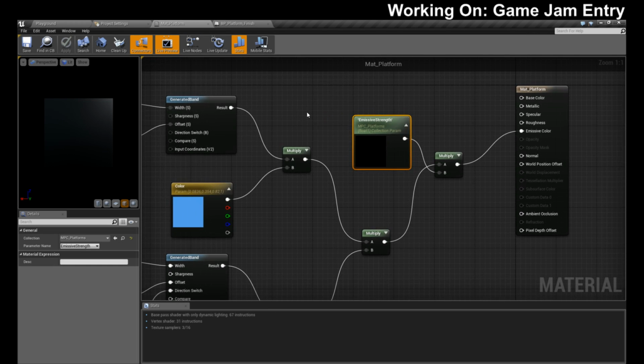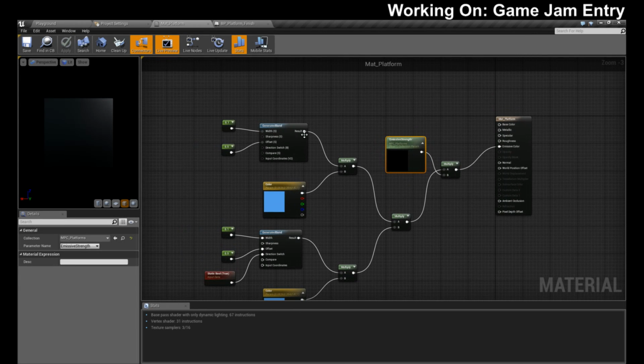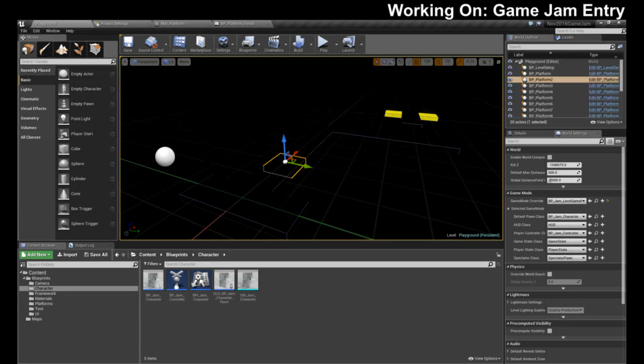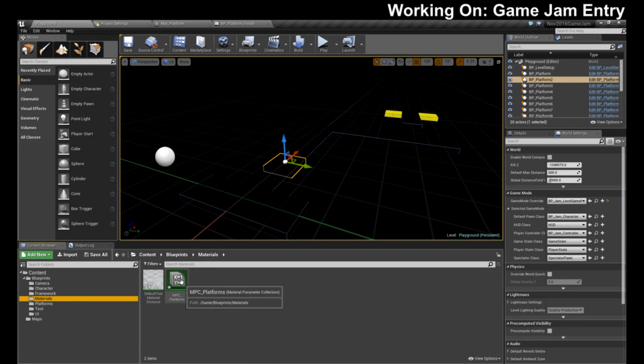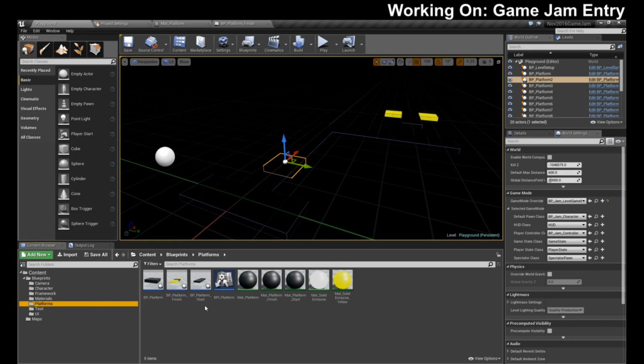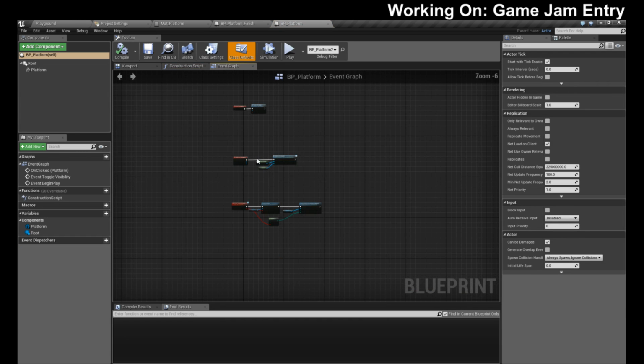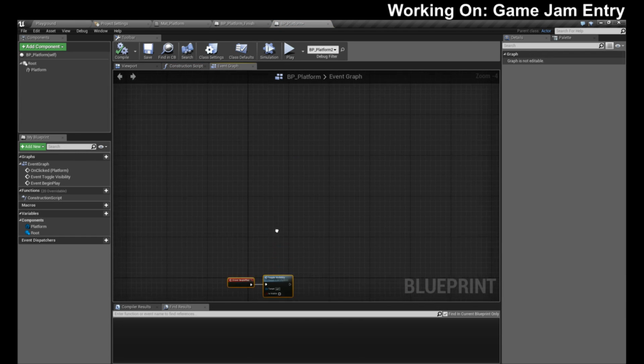But I tend to find really weird stuff, just because of my limitations. Like, I think this could work if I can remember what I was doing. My platform, I'm going to drive the emissive on the platform when the mouse is over, when it's active. Okay, so let's find my platform. And let's find a tick. We're going to do something stupid, and we're going to run a tick on it.